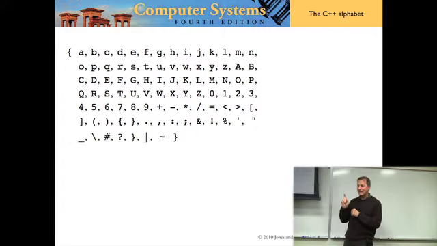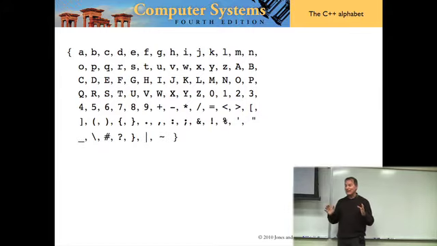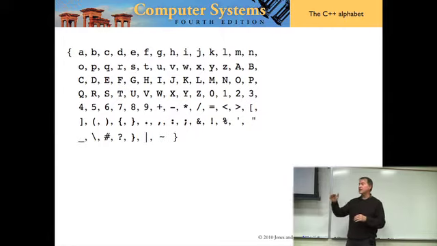Now let's think a minute about what you do when you write a C++ program. You have this alphabet, you string them all together, and if you've strung them all together correctly and you submit it to the compiler, there will be no errors, right? But then what is the output of the compiler? Assembly language? Yeah, it could. Let's say that it compiles down to assembly. But now tell me this: